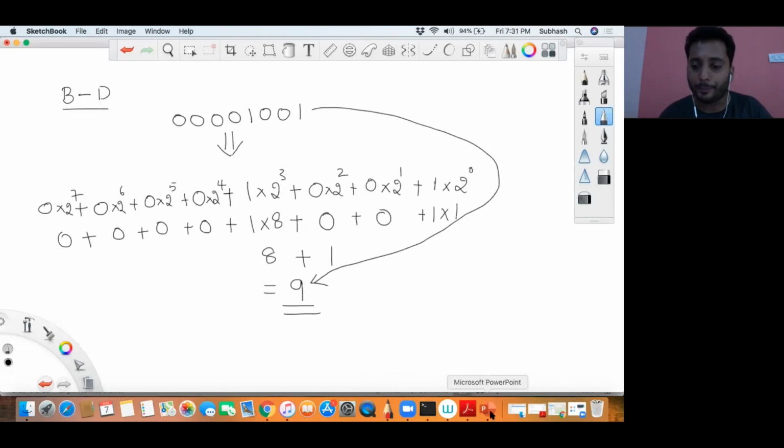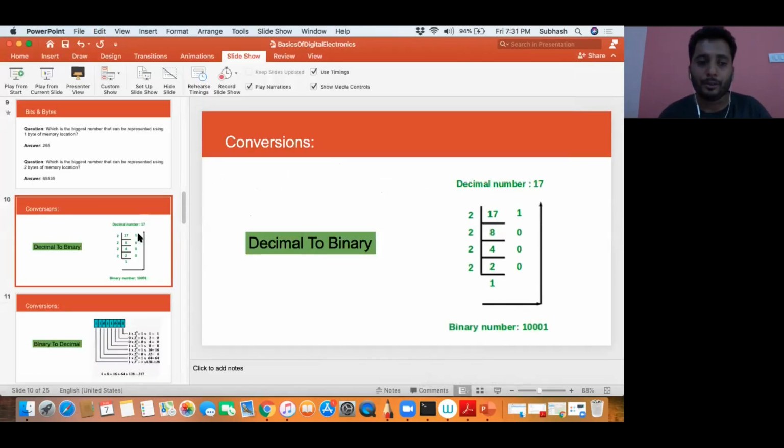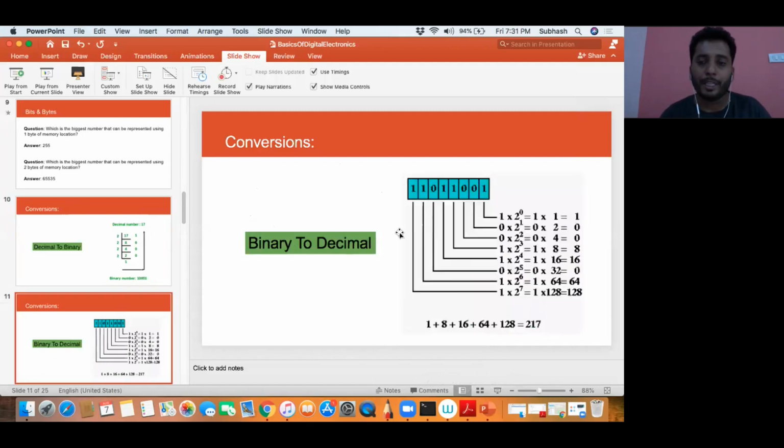I'll come to the slide now. Okay, so we learned how to convert decimal to binary. I will show you now the next, binary to decimal, the same thing. As you can see, it has been multiplied with each of its bits from the right hand side, 1 into 2 power 0, 0 into 2 power 1, 0 into 2 power 2, and so on, and then finally add all those numbers one by one, and you will get the answer as 217 for the binary number that is shown on the slide. Hope you understood this conversion. Now I'll move to the next slide.